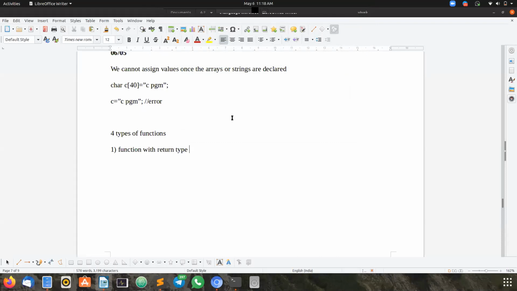We have function with return type and with parameters. And function with no return type, but with parameters.